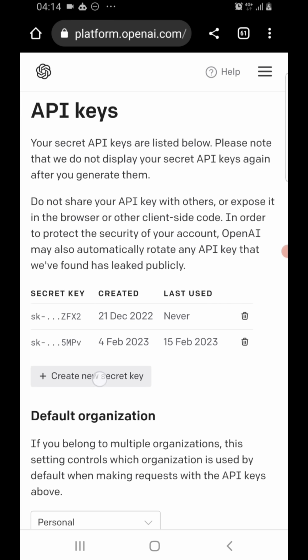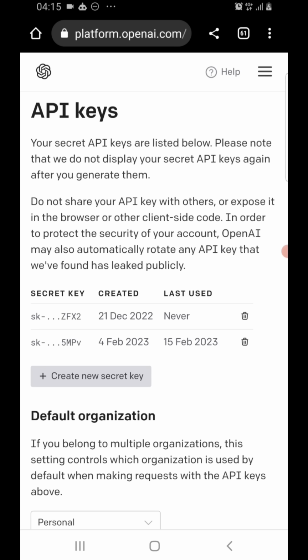In case you have not generated one, it will prompt you. You can see this button here that says create new secret key, right? Just click on it and it will generate a new one for you. As soon as it generates a new one, please copy it and paste it somewhere, because as soon as you leave the page, you cannot see it again. You cannot come and copy it again. You only copy it once. So as soon as you copy it, go and paste it somewhere. You can go to your notepad and paste it there. Make sure it is safe. Keep it somewhere safe that you can always have access to it.